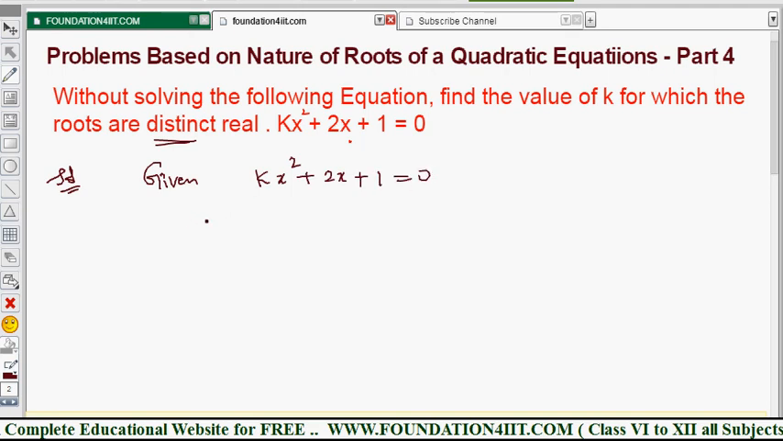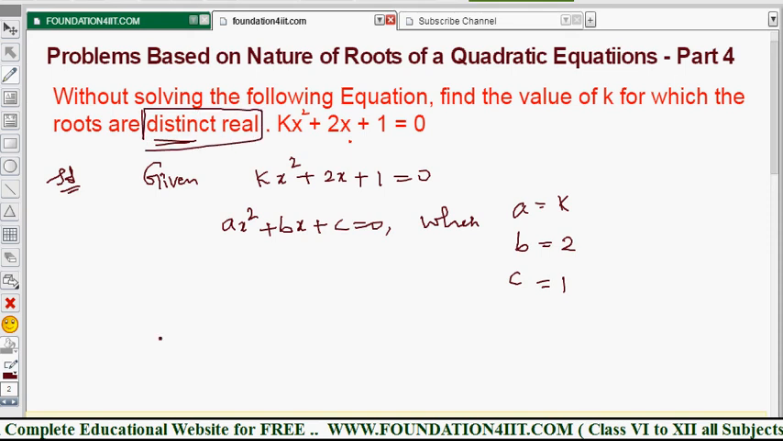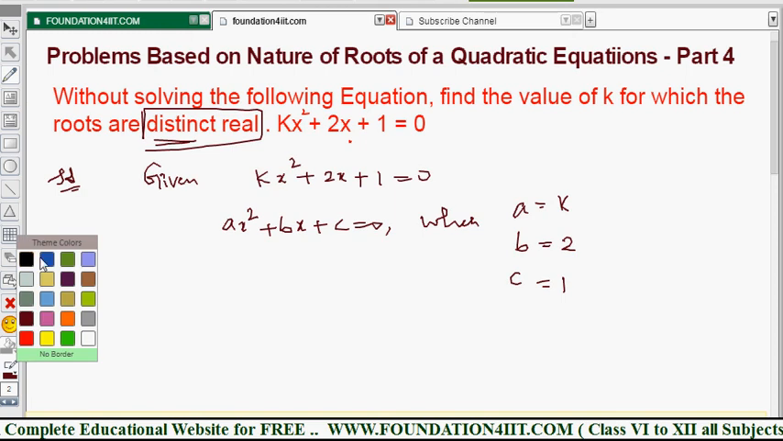According to the general form of the quadratic equation, ax square plus bx plus c is equal to 0, we can write the values of a, b, c. So a is the x square coefficient, that is k, b is the x coefficient, that is 2, and the constant c is 1, right? And the main important thing is they mention distinct real. So that's why we need to take